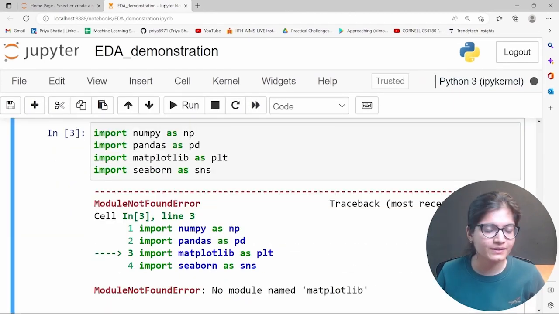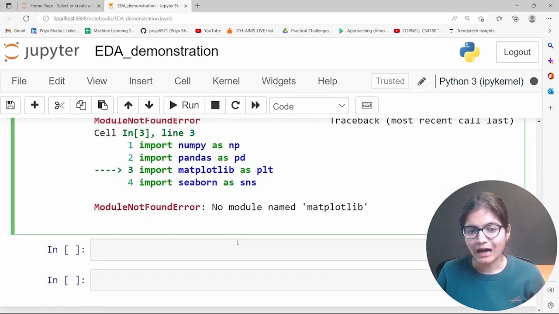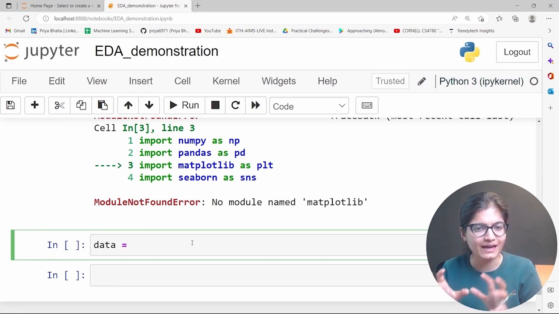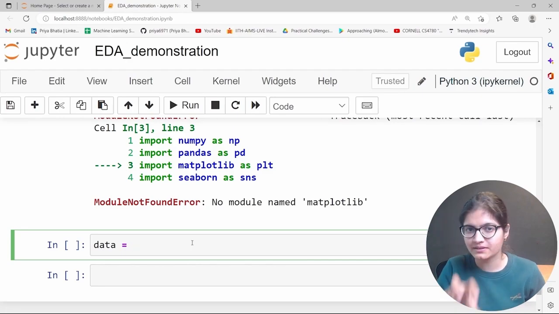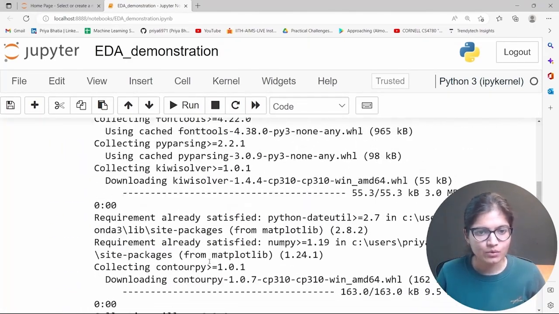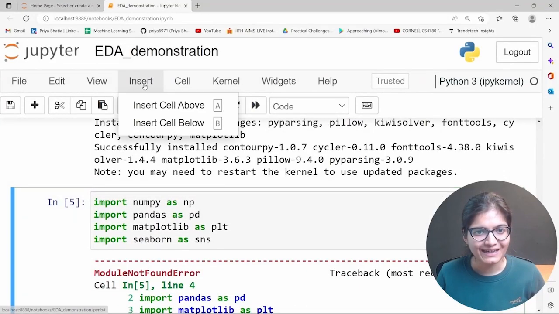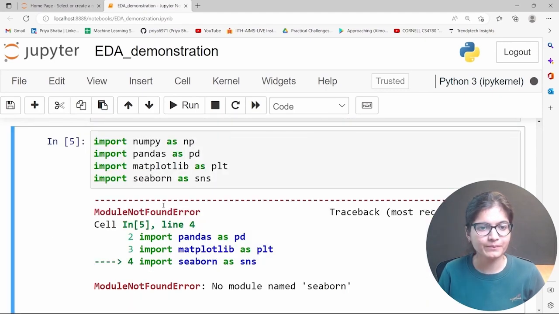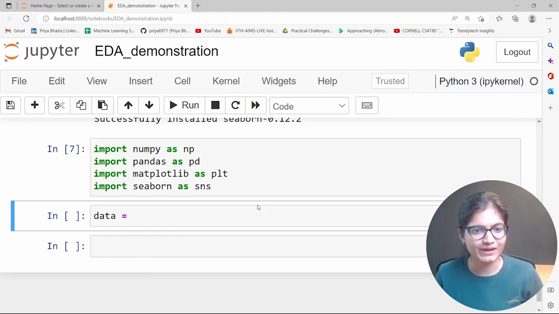Here you need to understand how we basically read the file. So data is equal to... Here I will not show you everything. I'll give you a few of the things as an assignment, and you try to make the changes in this particular file itself. I'll share this file with you all. Again, Seaborn, I think we need to install that as well. So let me do pip install seaborn. Now I think it should not show any error.